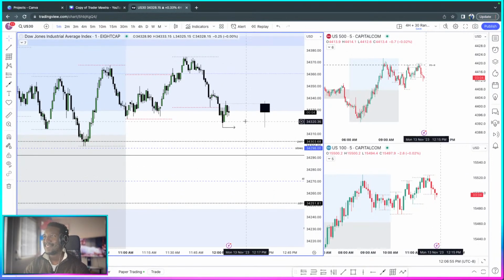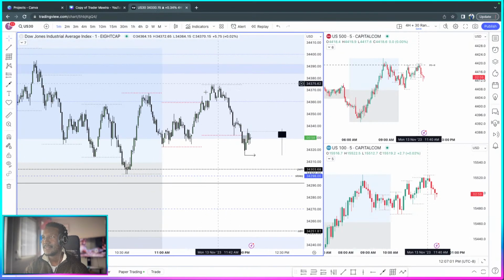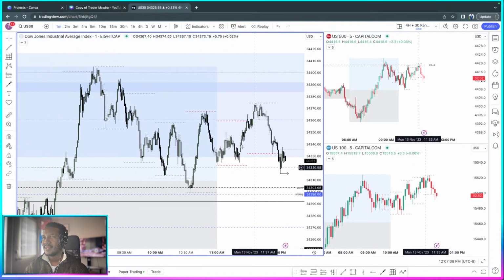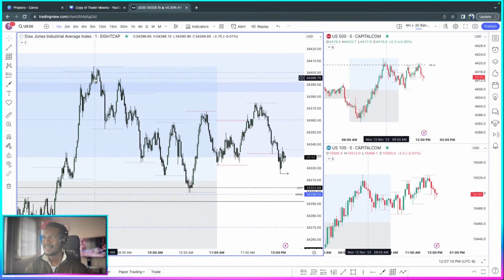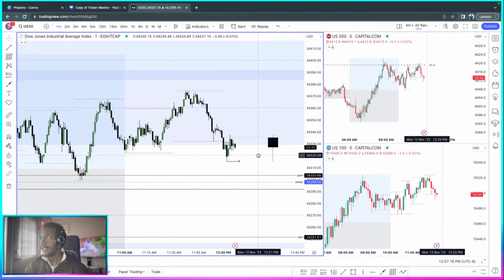Ooh, wee. This would have been a beautiful shot right there. That is my entry signature. That right there is gold. This right here is also gold. Up, change of market structure, whatever, break. Okay. I like what they're doing.